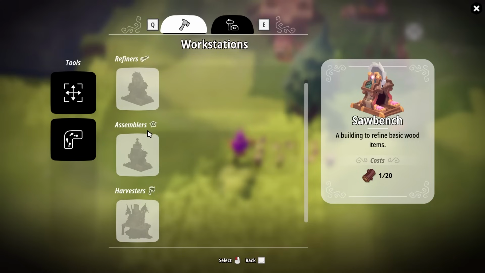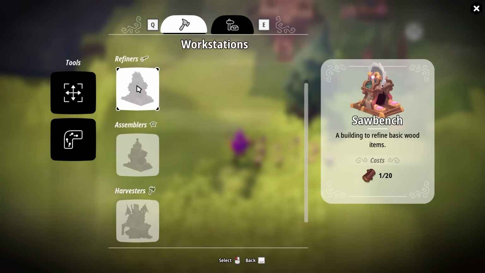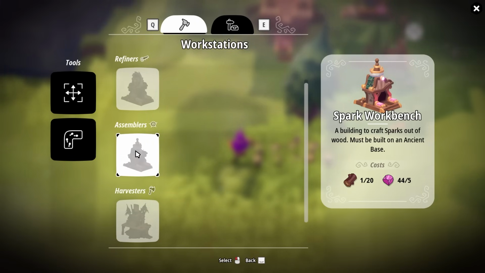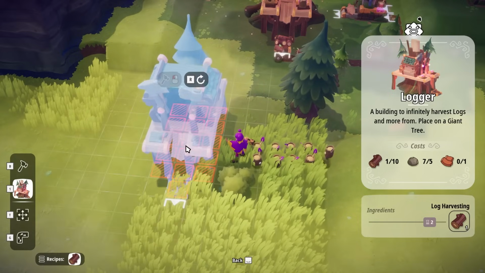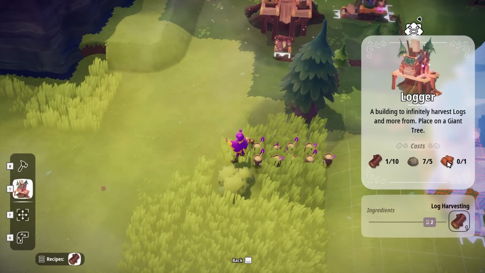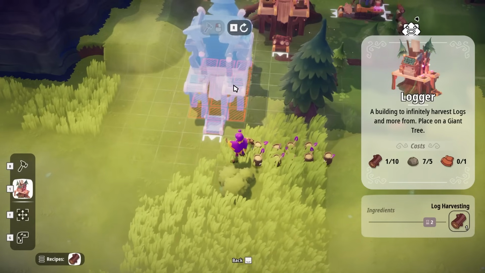logistics workstations. I thought I had a saw bench, 20 wood. Oh, okay, I just don't have the wood for it. A spark workbench. Craft sparks out of wood, must be built on an ancient base. Cool. So when I want to do things over by the Aether maker, that would be useful. And then we've got the logger. But for an extra logger, I'm going to need one of those hides, so we can't do that at the moment. Right then, let's grab some wood